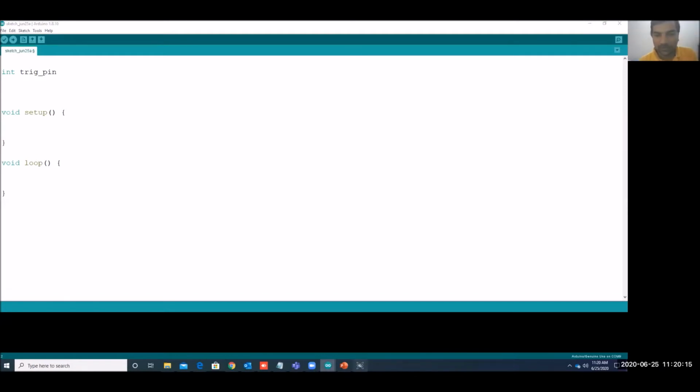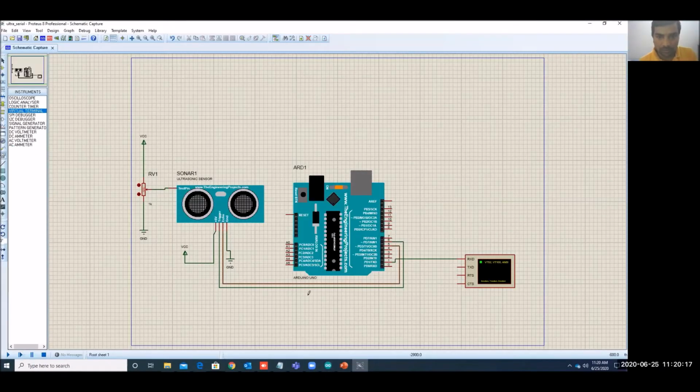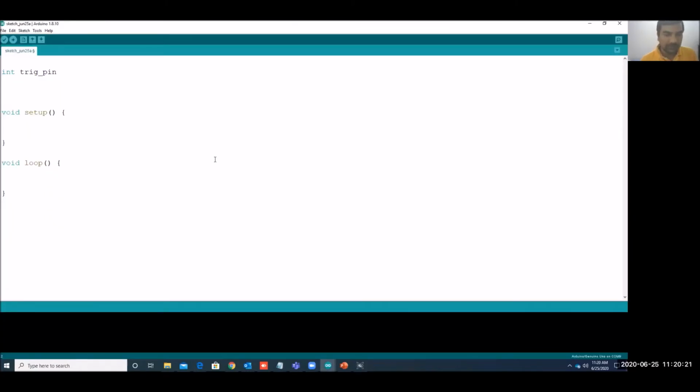We have connected trigger to pin number 6, so here we can mention trigger pin equal to 6. Now int echo pin equal to 5.